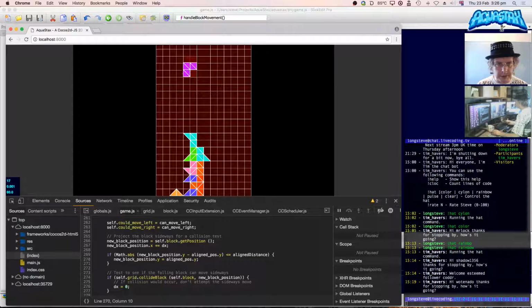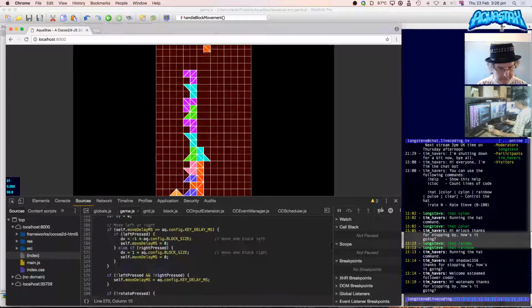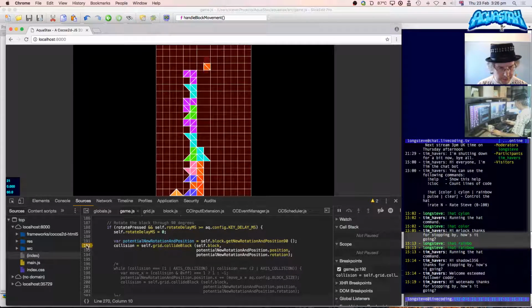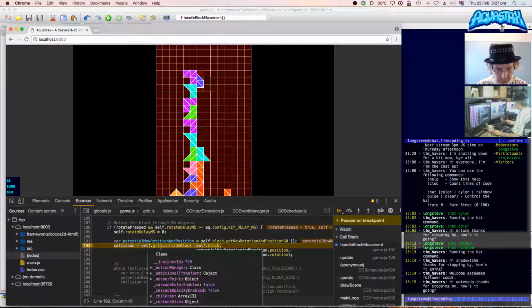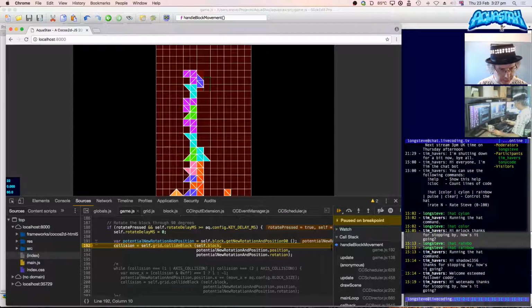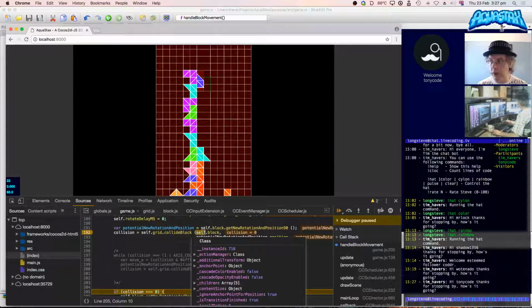Oh, that'll do. Right, so now I want a block that's going to rotate. Also, let's get to the right point in the code. There it is. So it's there. Ah, perfect. Right. So if I rotate that, I actually have to go and breakpoint after it, don't I? No, I can just jump over. And then we look in self.block. Oh, hi, Tony Code. Good to see you.